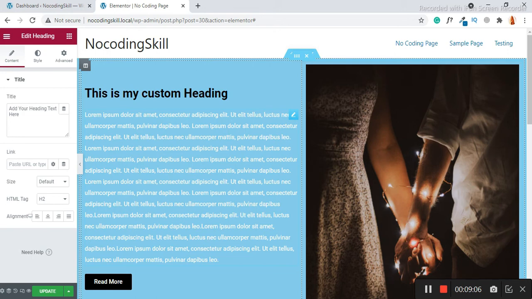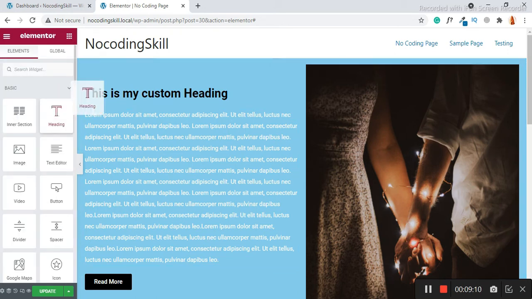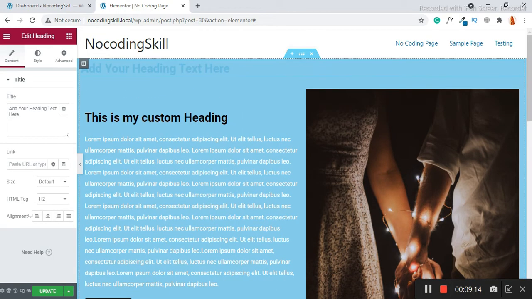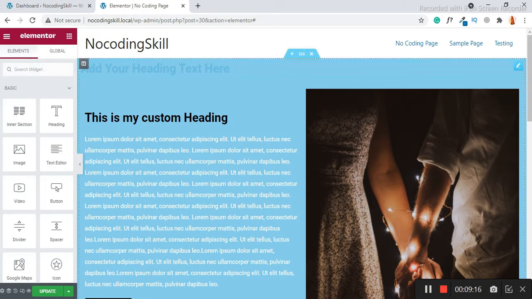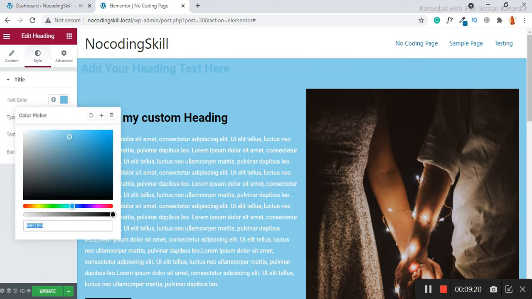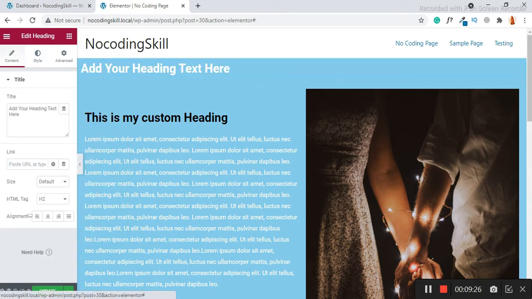But here we can add the heading. See, and change the color. Let's just make it center.